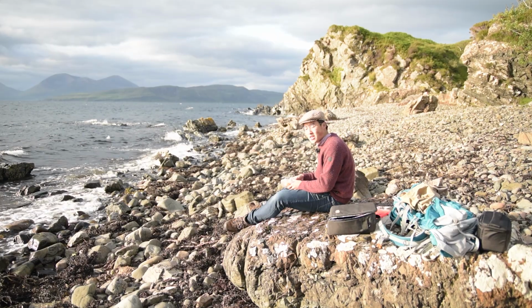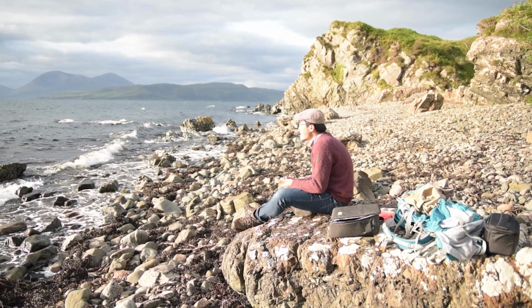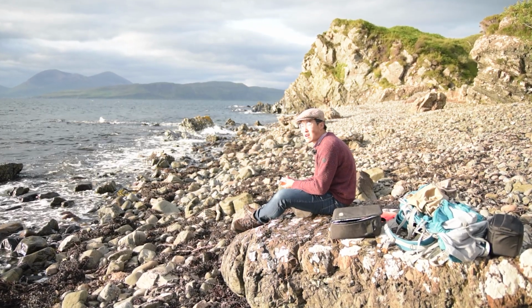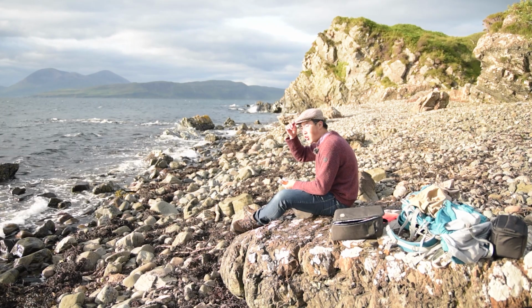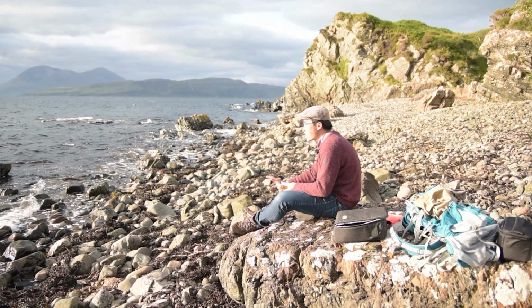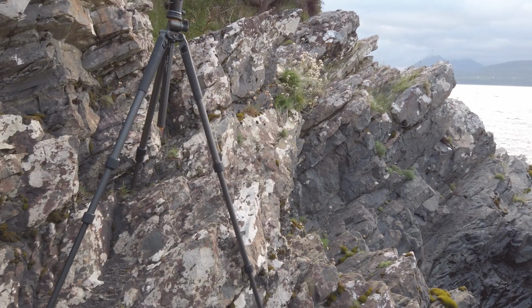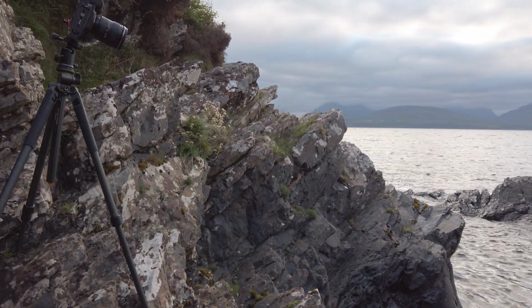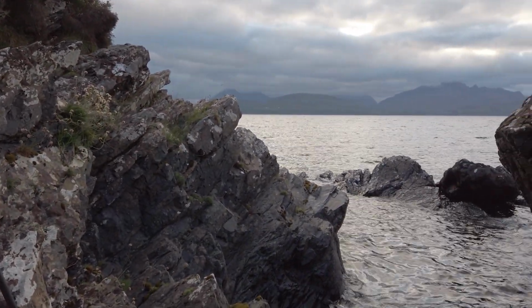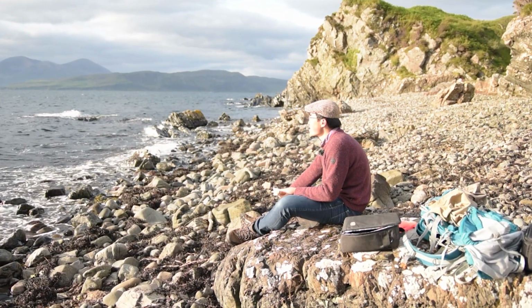So it got a bit chilly all of a sudden, so I thought to put on my trousers and jumper. And I thought just to take a sandwich break anyways. I've been walking up and down this bouldery beach for a while. I've found some average compositions and I'm not really terribly excited by them. I will continue work on them after this and show you what I was photographing, but now I'm just taking a break,